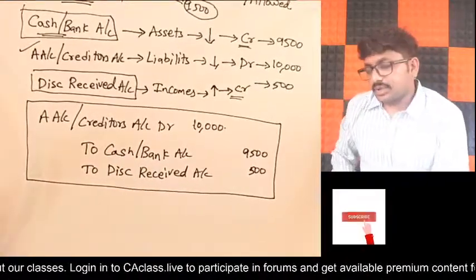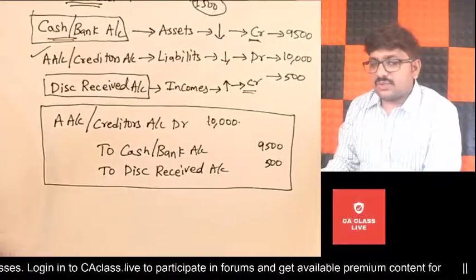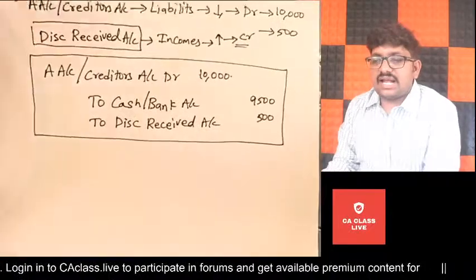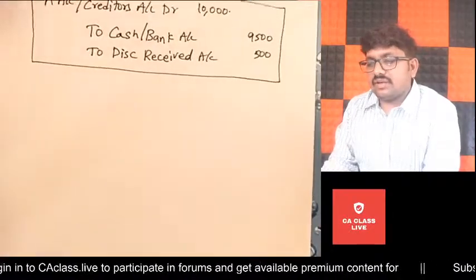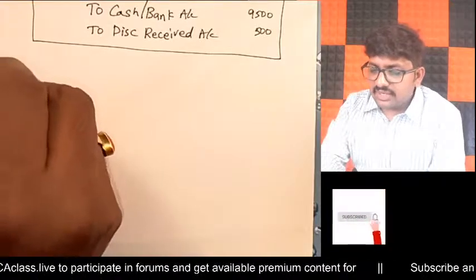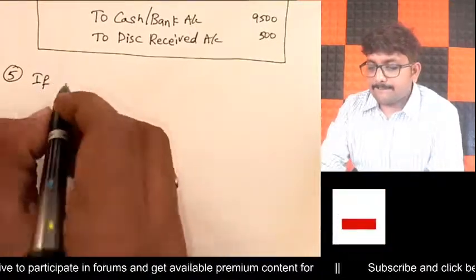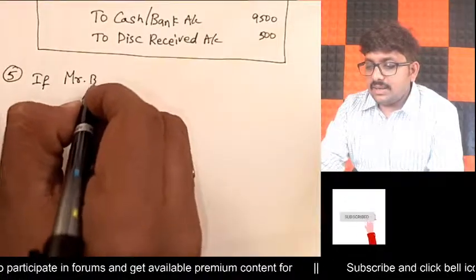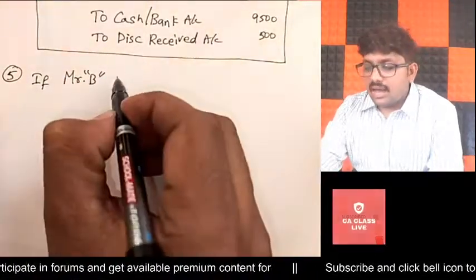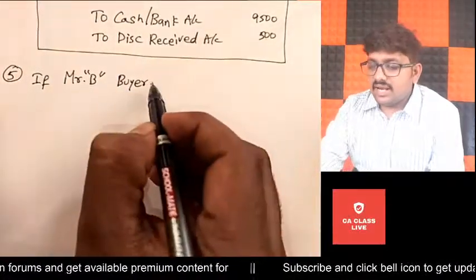Okay? So now imagine the fifth situation. What is fifth situation? It is the last situation, in the books of buyer. Then we'll discuss books of seller. Okay, what is my fifth scenario, my dear friends? Mr. B means whom? We only are writing for the books of buyer, right? Now the buyer